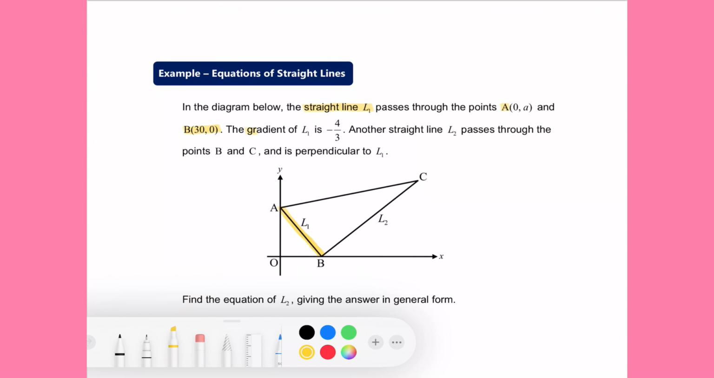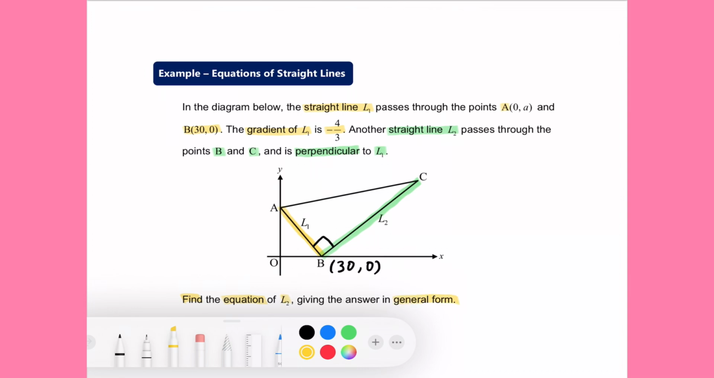And then L1's gradient is given to us. And then we have another straight line L2 passing through the 2 points B and C, which is here. And it is given that L2 is perpendicular to L1. In our diagram, we can first indicate the right angle between L1 and L2, as well as the coordinates of B. And then for this question, we are going to find the equation of L2 and try to present our